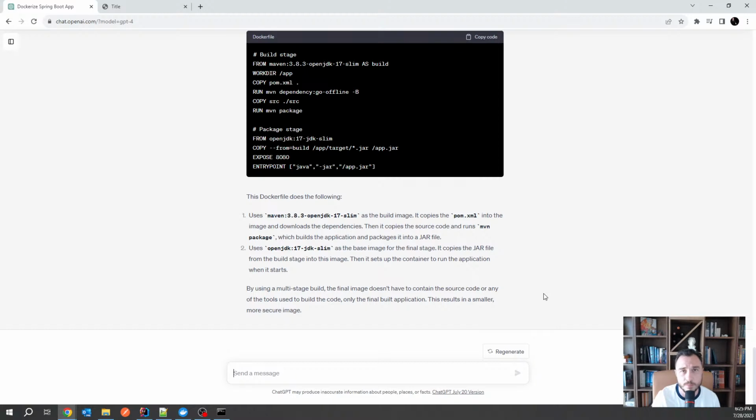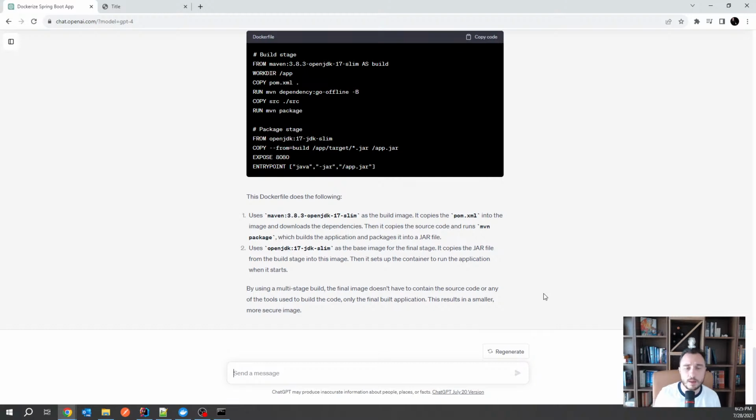So when you use a kind of a cloud, you need to create that virtual machine, or maybe you have a Kubernetes installed anywhere or any kind of orchestrator, and you have to push your application to that in a step. I don't want to do all that now because it would take me quite a large amount of time. I don't have any cloud provider now. I don't have all the setup in place, so I can't promise that I can do that in minutes, even with copying code from ChatGPT if the code is correct. But I want to at least figure out if it can help me separate the build from the run, and